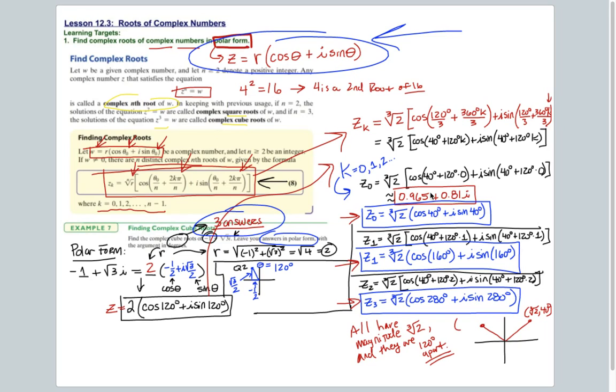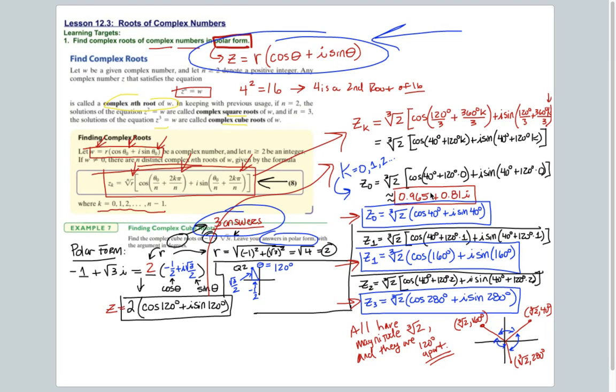Same distance away from the origin. Cube root of 2 and 160. And then the last one would be at 280, which would be right about there. And so that would be the cube root of 2 and 280 degrees, okay? So you'll notice that they are all spaced out nice and evenly, 120 degrees apart for each one, like that,